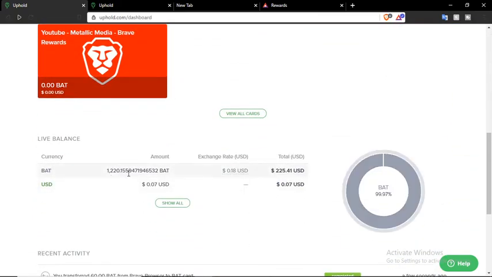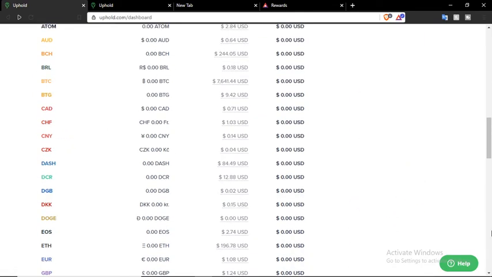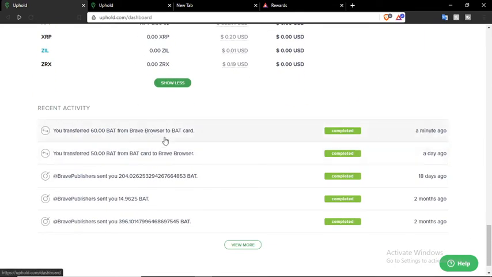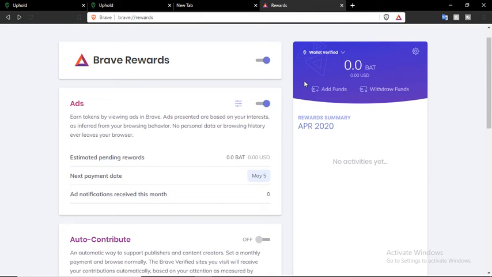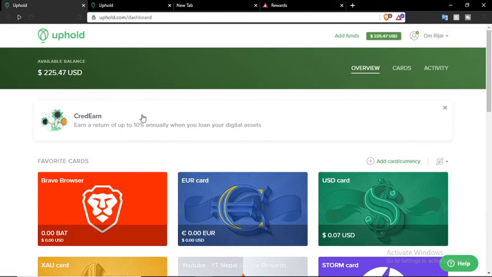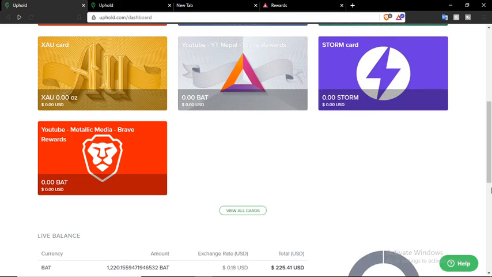You can see right here the exchange rate, live balance. I will show you the activities. A minute ago you transferred from Brave to the BAT card, and in here, yes, you can see I have just transferred 60 BAT tokens from Brave browser to my Uphold account, and if I like, I can also transfer this to my bank account or credit card.